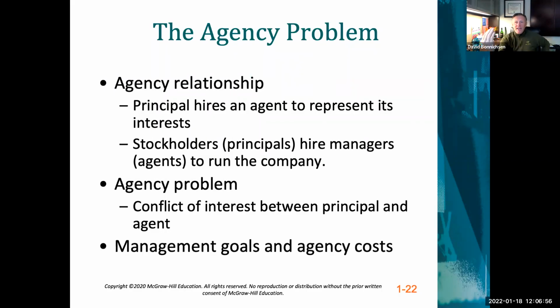Which creates what we call the agency problem. Within the agency relationship that exists within corporations, we have principals, and the principals hire the agent to represent their interests. As shareholders, as stockholders within a company, we are the principals. It is our job to hire the managers, the agents, to run the company. Now, as shareholders, we're not the ones going out and hiring the mid-level accounting manager specifically, but our job is to hire